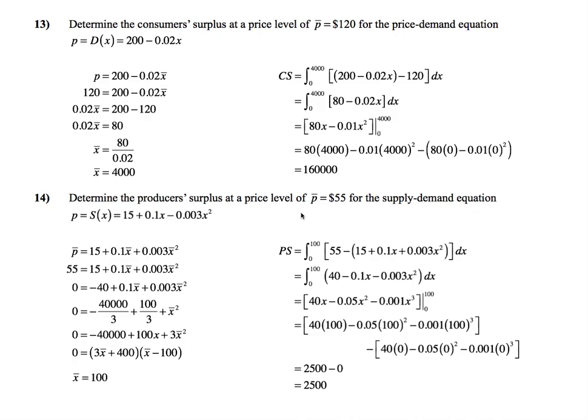Questions 13 and 14 should be fairly simple because I will give you the amounts. You have formulas, and I will give you the amounts on your practice exam. We had to solve for the equilibrium quantity, but I will give you the equilibrium quantity and the equilibrium price for both of these questions. And the formula for consumer surplus is integrating from 0 to the equilibrium quantity, 4,000,